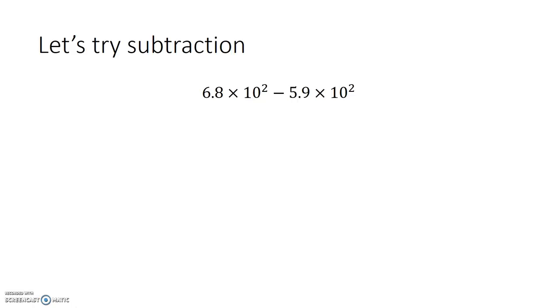Trying it again with subtraction, the rules are basically the same. You need the exponents to be the same. As long as they are, then you can perform the operation on the first factors. And then you just want to be careful: is your answer really in scientific notation or not? So with this one, subtract the first factors, you should get 0.9 times 10 to the second, and notice again,